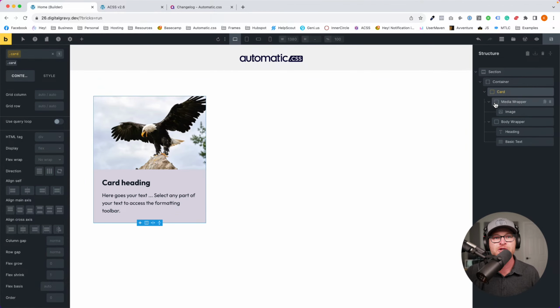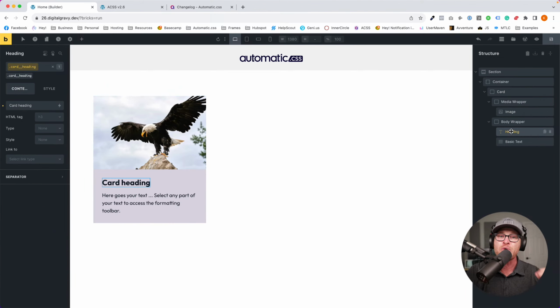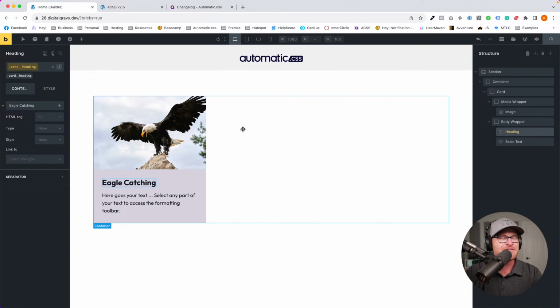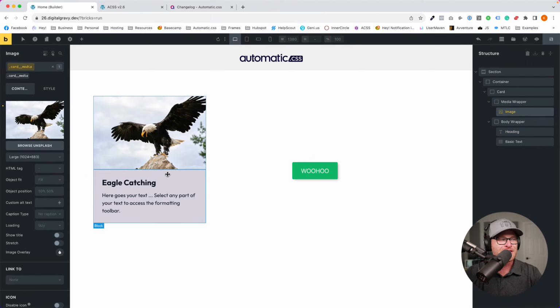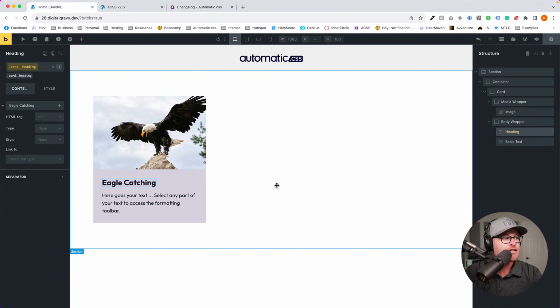What we want to do is turn the most important text in this card, which is the card heading, into the link. Imagine if this was a service, right? Like, what would an eagle catching? I don't know. Save. Okay. I was going to say lawn mowing because my guy was just mowing the lawn, but I was like, why is there an eagle there? So eagle catching is nice. So you can see that by default is the most relevant thing for this card, right?